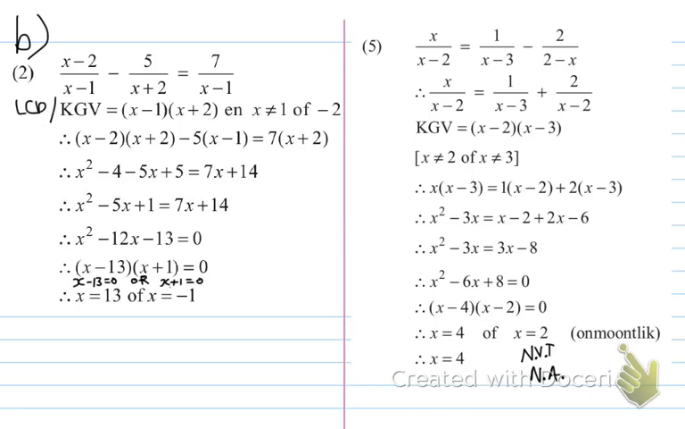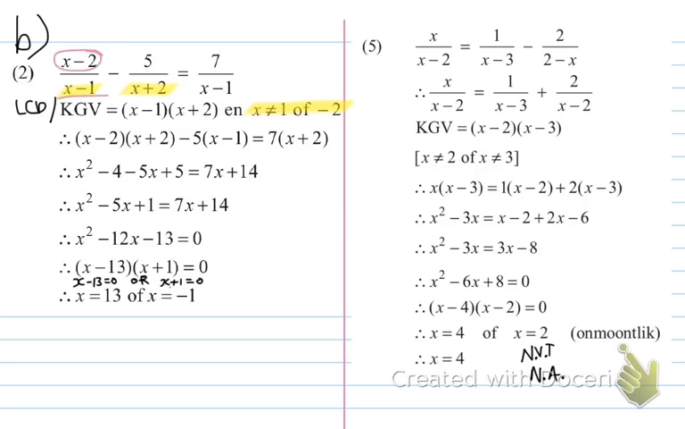Okay, I have x minus 1, x plus 2, and then x minus 1 again. So the LCD will be x minus 1 and x plus 2. The restrictions: x is not equal to 1 or negative 2, because then it will give me 0 below the line. Okay, so to get from this first denominator to the LCD, I need to multiply with another x plus